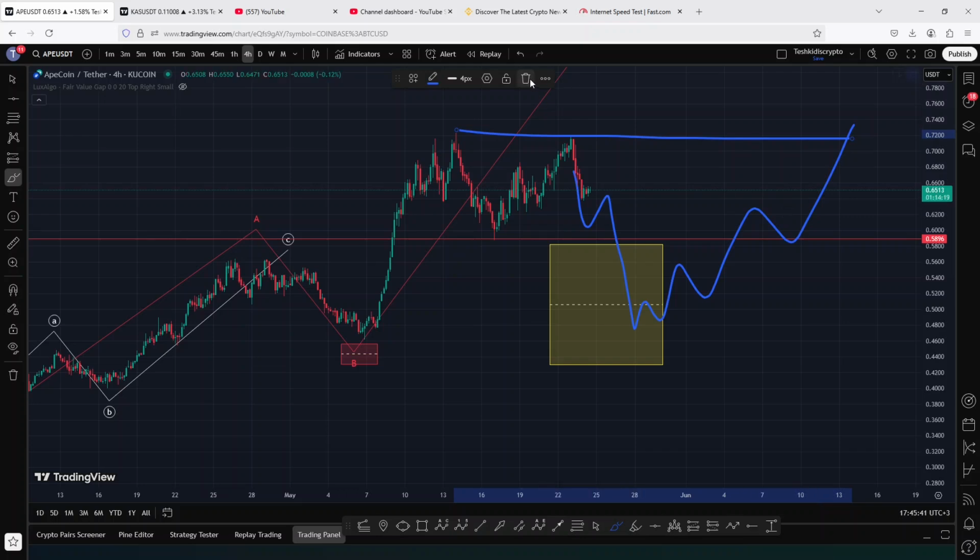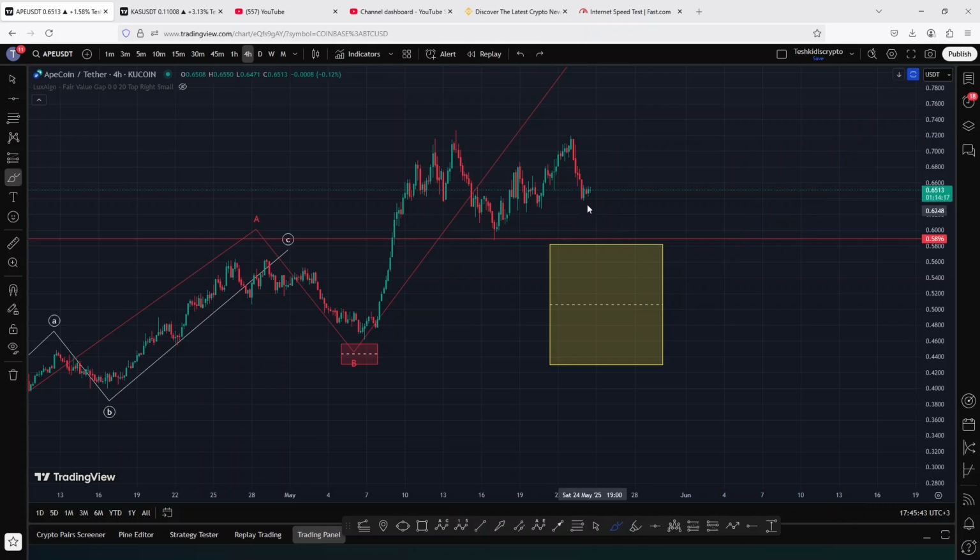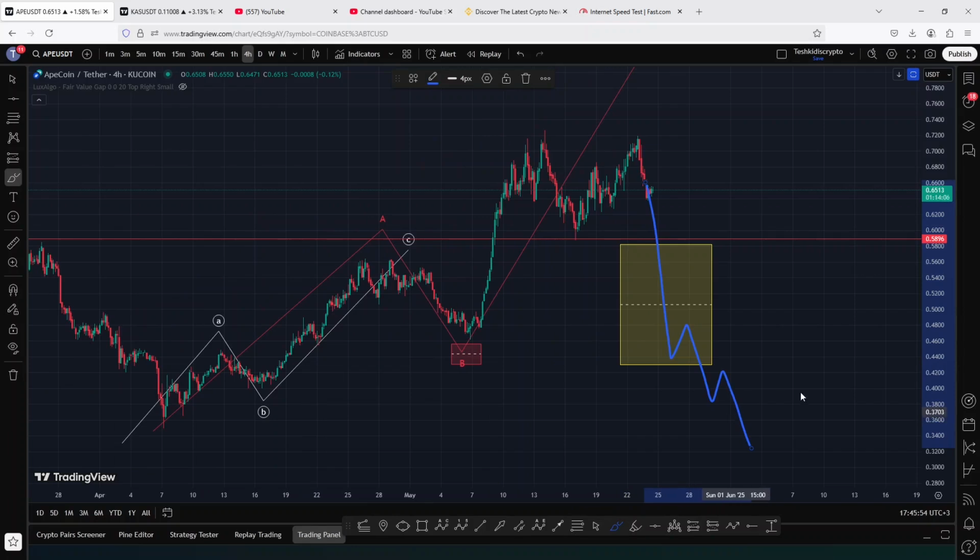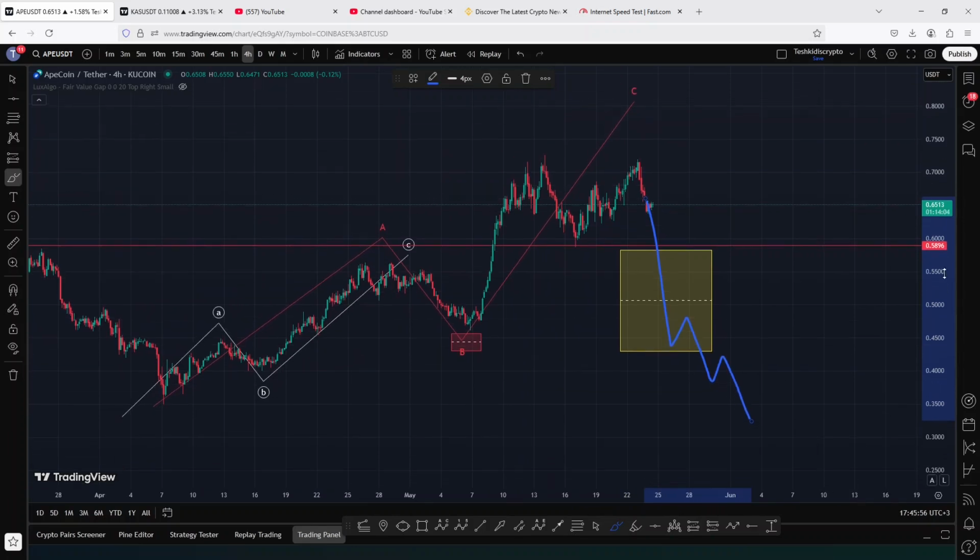And the worst case scenario can only play out if by any chance we get an impulsive breakdown move into the area, and maybe at some point we break out of the yellow target area to the lower side. If that plays out, then that will be increasing the chances that Apecoin is going to give us a massive nuke, giving us a reset of the lows we made on the 7th of April below the 0.35 mark in